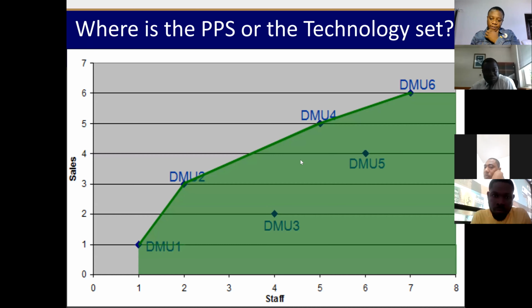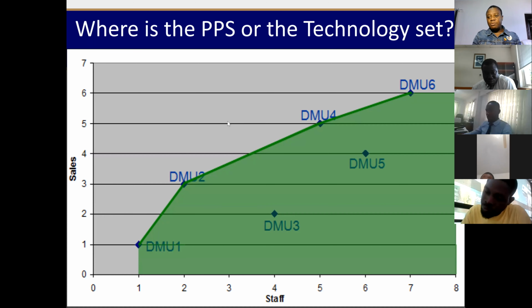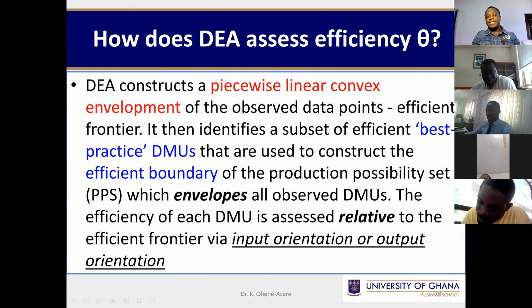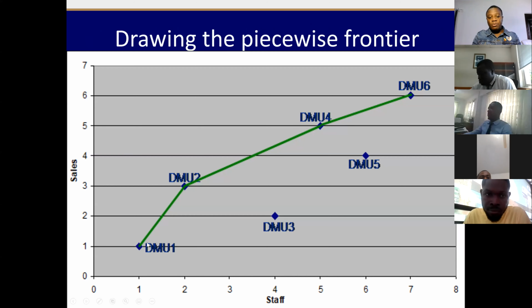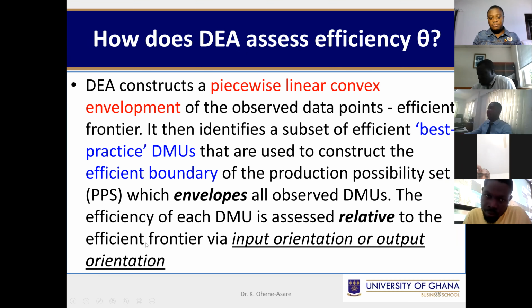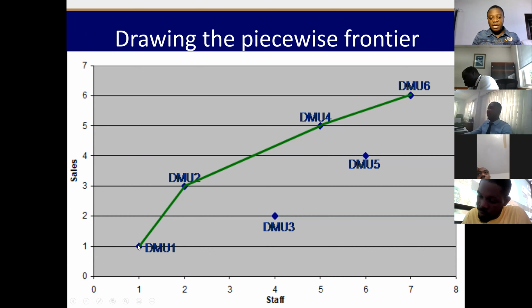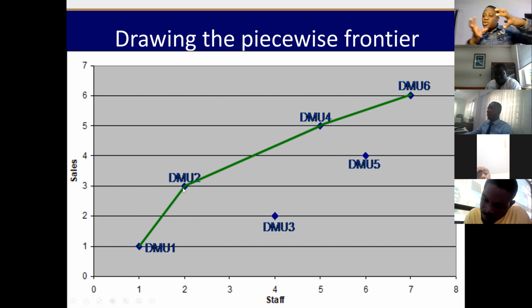What we want to do today is to learn how to compute the efficiency scores. Remember the last time we met, we indicated that DEA constructs a piecewise frontier. We took a piece from DMU1 to DMU2, and a piece from DMU2 to DMU4. We didn't take a piece from DMU2 to 3 because we were taking the